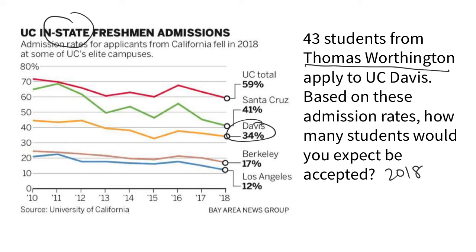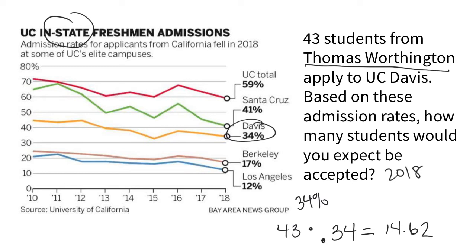So here in the year 2018, 34% of students who applied to UC Davis were accepted. So to figure out the number of students who we would expect to be accepted out of 43, I would do 43 times that percent. Remember, when we multiply by percents, we make them decimals. So it would be 43 times 0.34, and that would get me